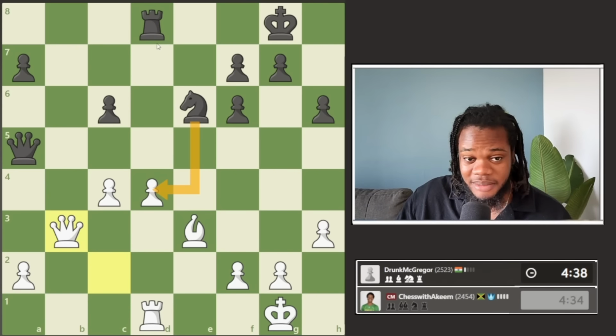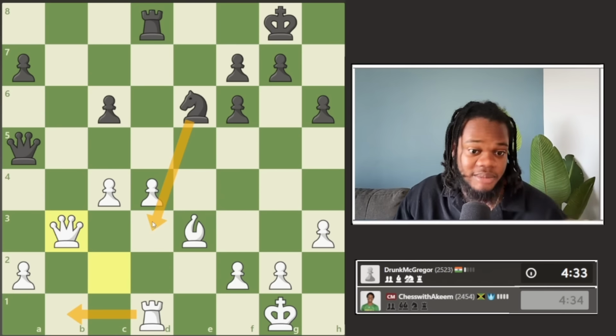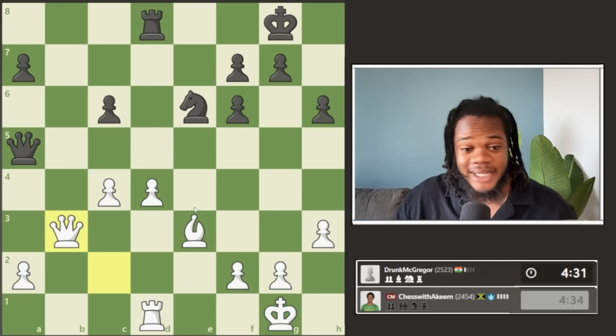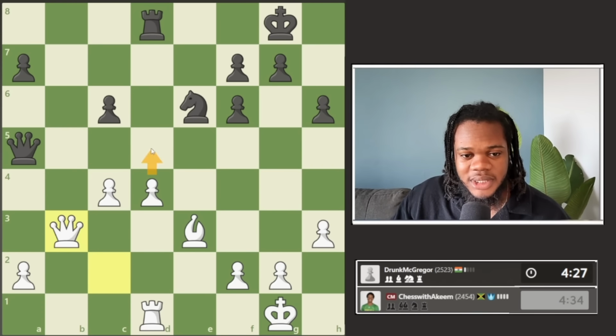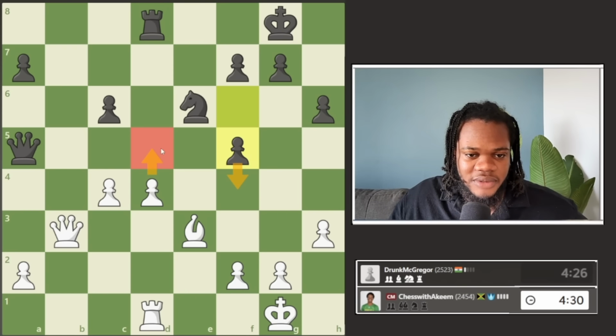And he's also targeting my D pawn anyway, so it's not like I could move the pieces to other squares. I'm gonna lose the pawn. So the plan has to be D5. One thing I'm noticing is if D5 allows, okay, he wants to play F4. So D5, F4,